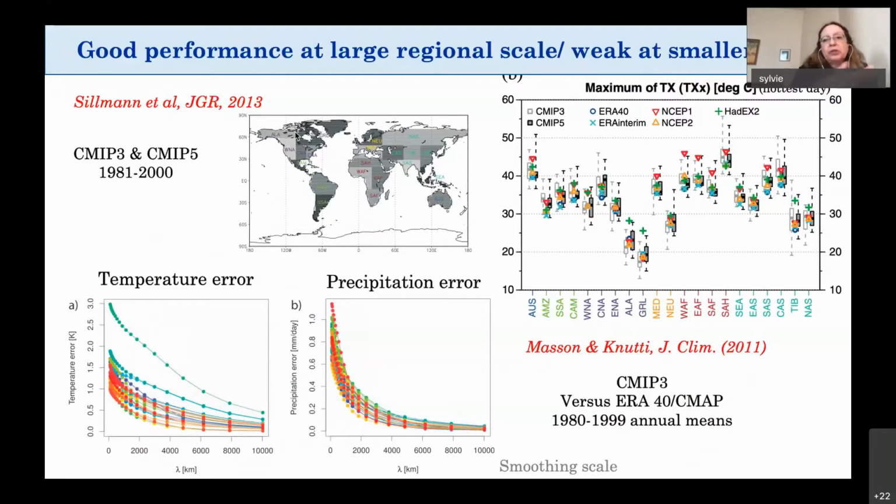Let's take two different examples. Above, we look at the extremes for different regions. Each box is a different region on the right. And you have the range of models in gray. I'm sorry, the diagram is not that easy to read, but the light gray boxes are CMIP3, the dark gray boxes are CMIP5, and you have a range of observations. It shows you that for most regions, models are more or less in the range of the observations. And this is for the maximum, the hottest days,